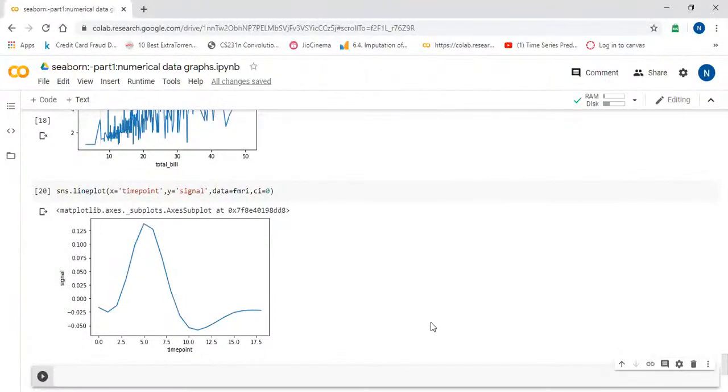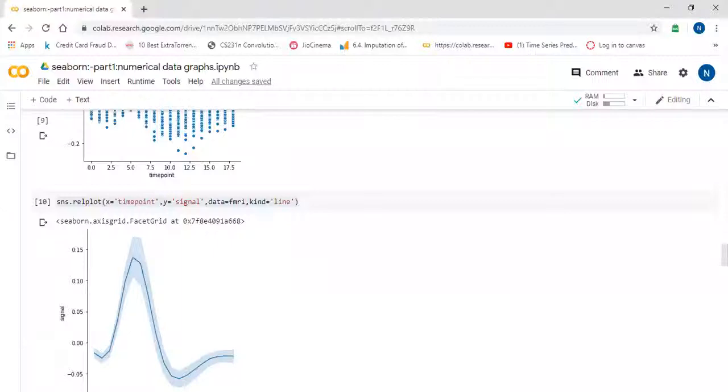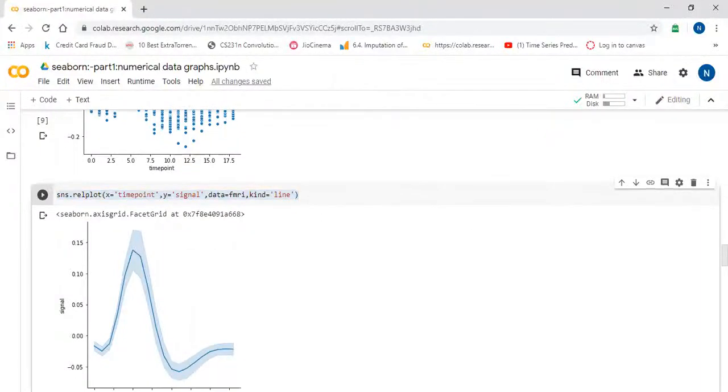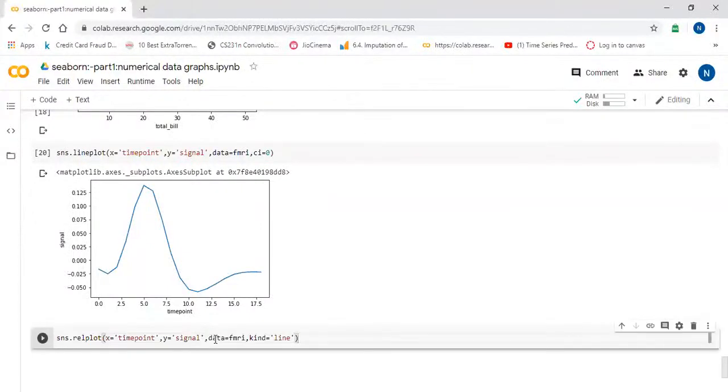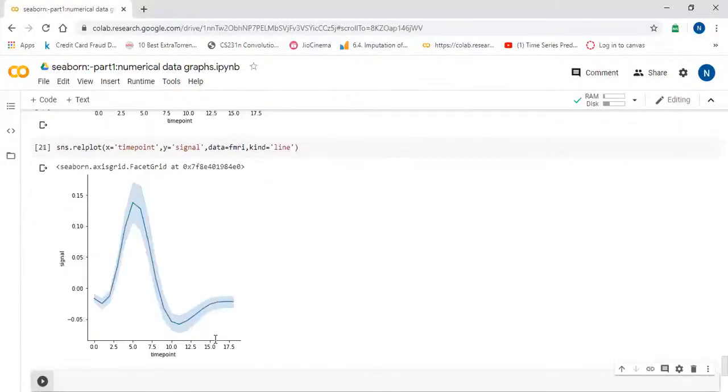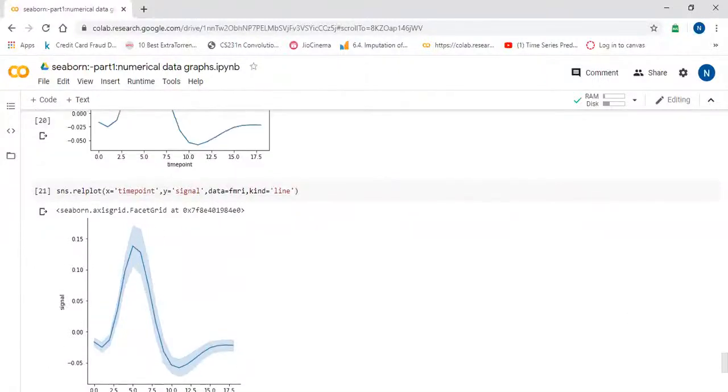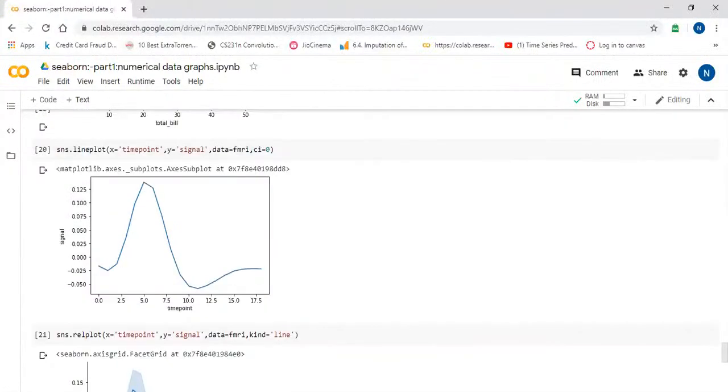If you see, with ci equal to 0 it will show you directly the line as is. You can directly see the difference between this plot and the previous plot. I will copy and paste so you can see the difference. The shading is gone, just the line is there. CI is the parameter by which you can handle the plotting of the shading.